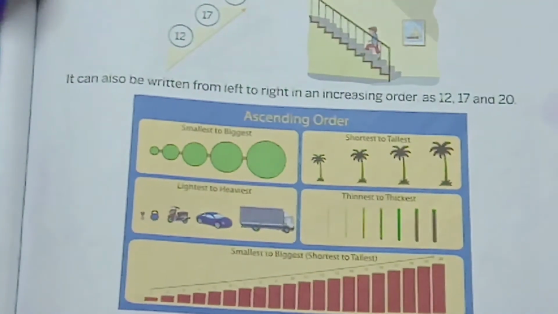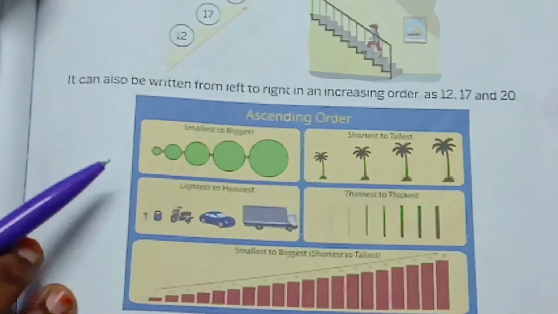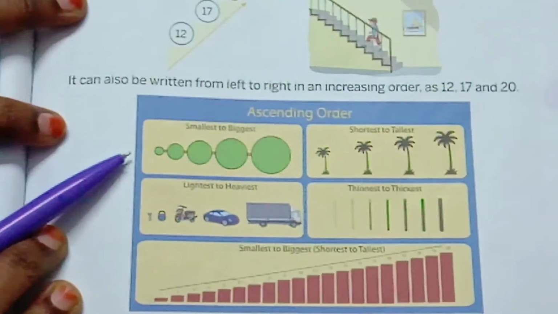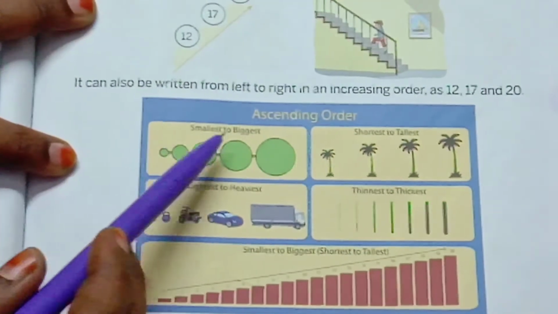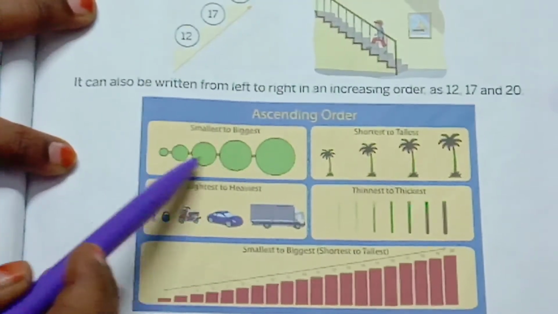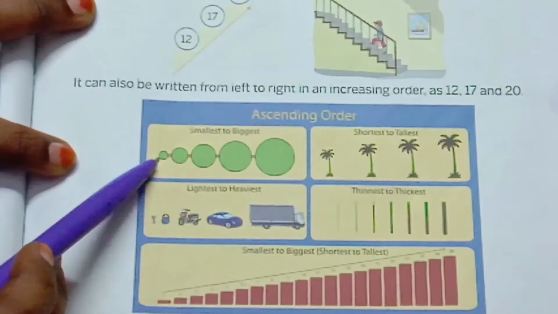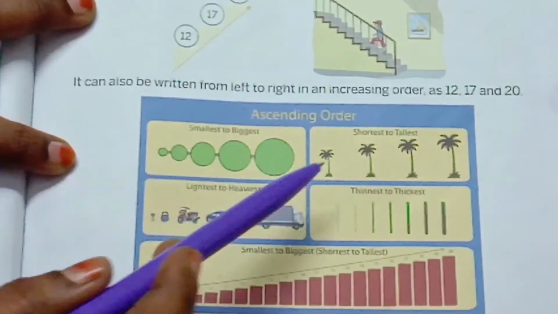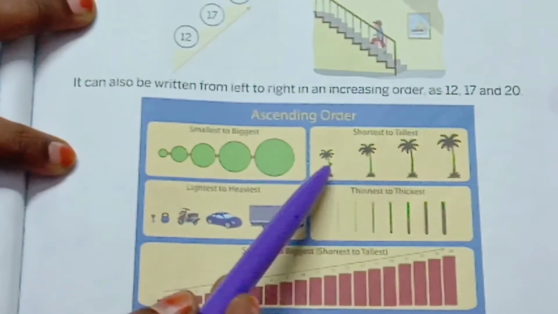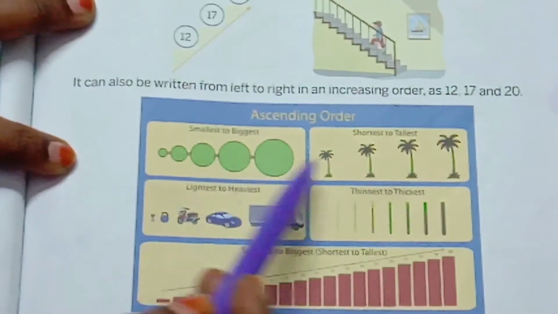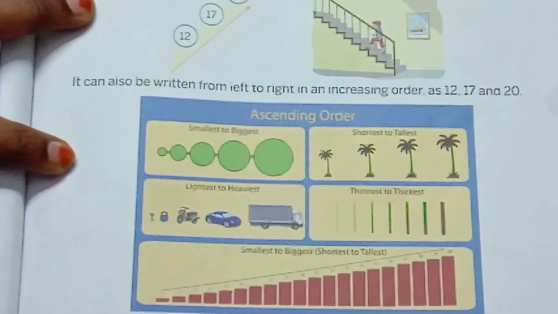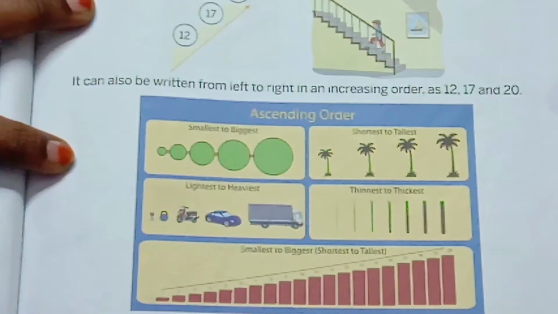Wherever, whatever things are, numbers, alphabets, whatever. Okay, children? Now, alphabets means 2-letter words, 3-letter words is there, no? Like that only we can arrange. See, first of all, smallest to biggest. Then see here, they arrange the balls, smallest ball to biggest ball. And here, trees are here, shortest tree to tallest tree. You know about these things because the pre-math concept is over now. Already it is done in the first chapter, right?